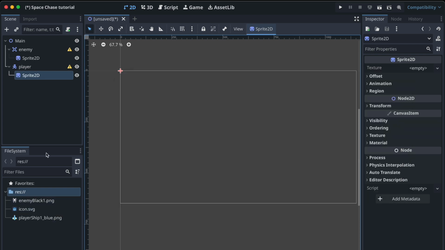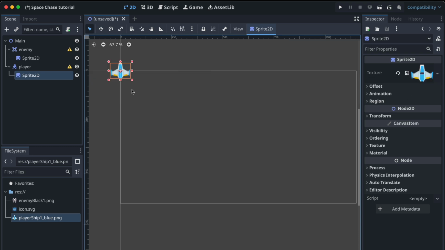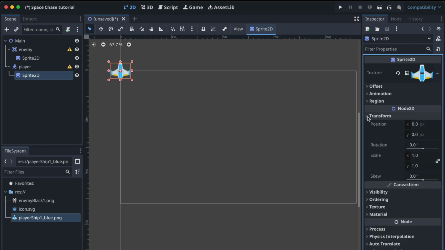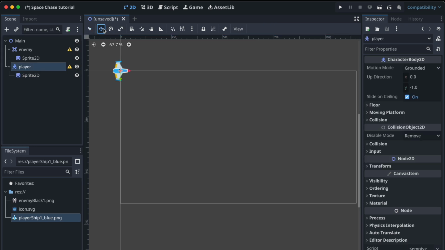Now that they're added, I'm on my player, and I'm going to grab the player spaceship, move it over to the Sprite2D texture, and now you can see I've added a spaceship for my player. I want him to face to the right, so I'm going to change his rotation to 90 degrees, so he's facing to the right, which will help my movement. And I'm going to move the player into the game scene,